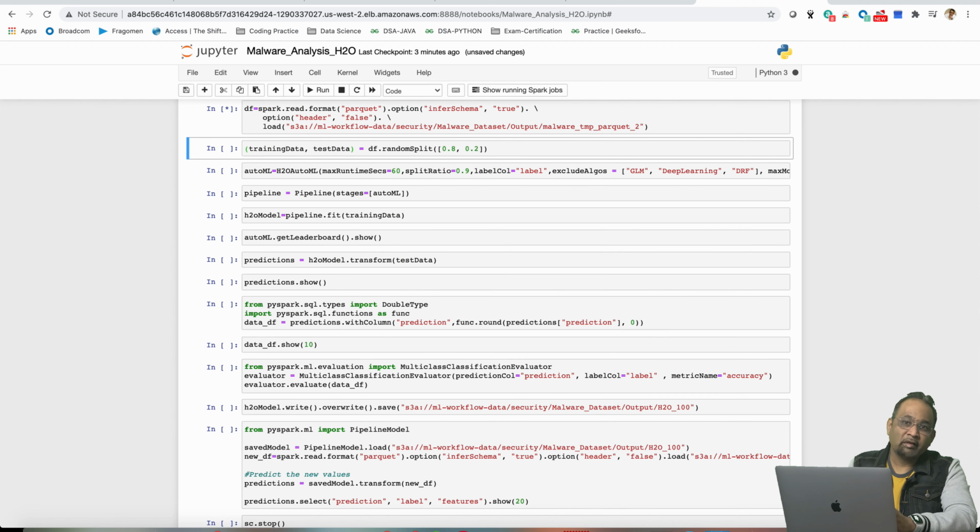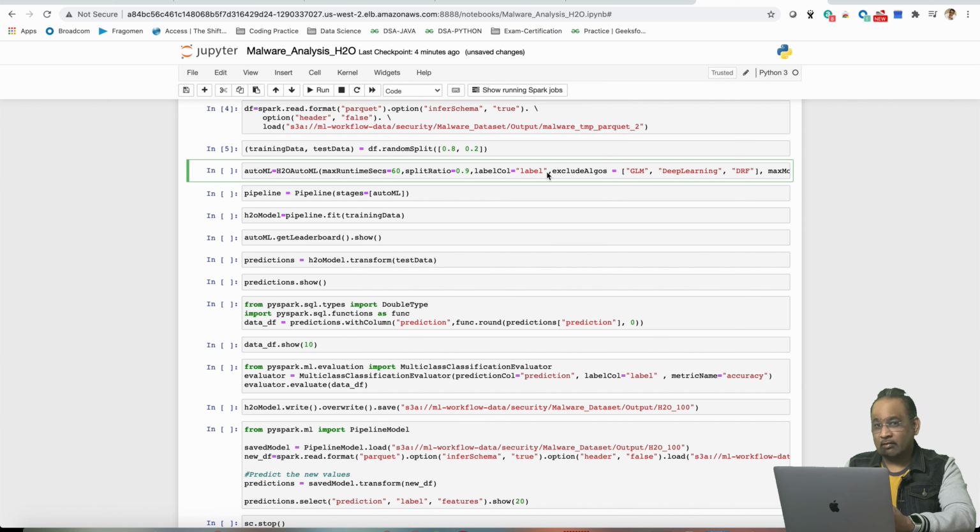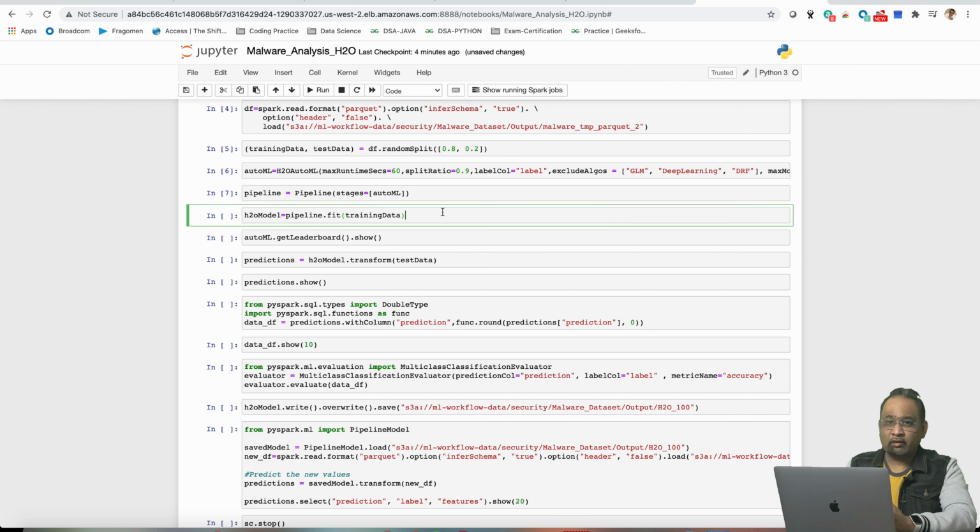Cell 3 is where we are creating the data frame from our previously generated feature engineering output, and cell 4 is to initialize the H2O AutoML object. Some of the important parameters are exclude_algos, which instructs H2O which algorithms we want to exclude during the training, and max_models, the parameter to instruct H2O how many maximum number of models we would like to compare for our training.